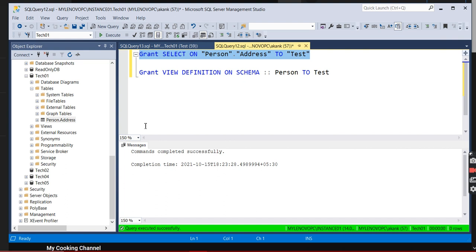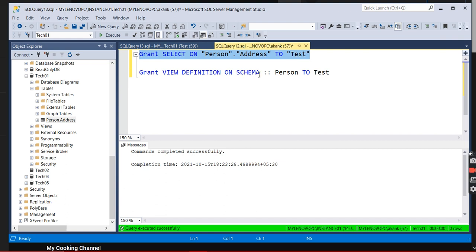Now if the further requirement is that they need view definition also on a particular schema, Person, then you can grant view definition as well.